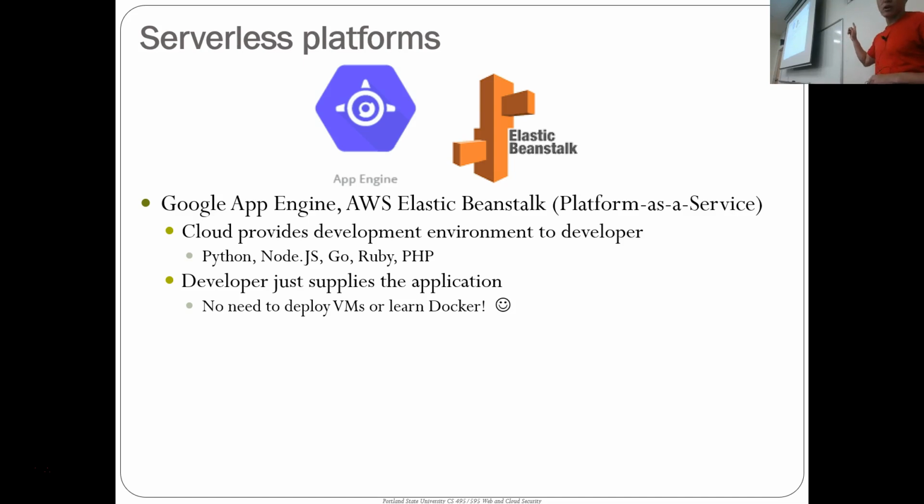So two examples are Google's App Engine and AWS's Elastic Beanstalk. The idea of these two services is that the provider gives you a development environment. So for example, a Node.js environment, or a Python 3 environment. And then what you do is the app